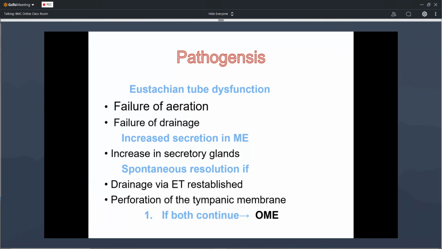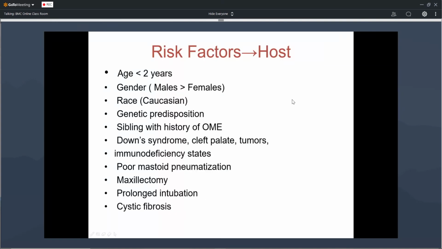So that is by closing the nose and mouth and forcefully opening the eustachian tube, then air will enter into the middle ear cavity, and that will be helpful for the drainage of the secretions from the middle ear cavity. So if there is persistence of the eustachian tubal blockage and increased secretions, then it leads to otitis media with effusion, OME. So the risk factors for the development of otitis media with effusion are